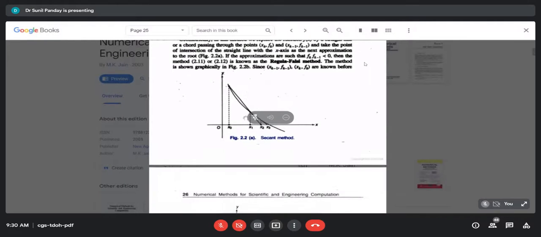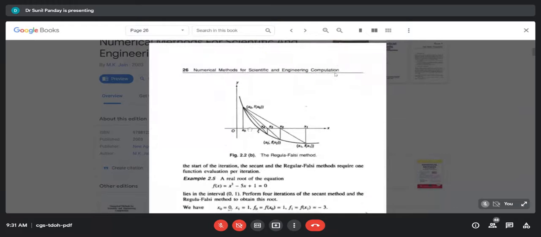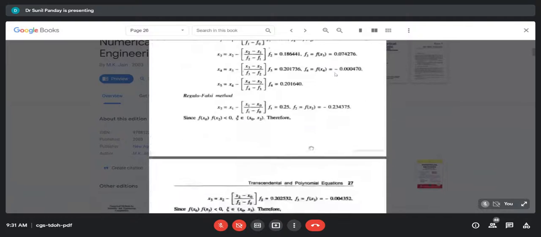So you can say this is the secant method, because we have taken x naught and x1, and you can see now the curve is lying above the x-axis. It means f of x naught and f of x1 is not less than 0, but we are using these two approximations to get x2. But in regula falsi, we have taken x naught and x1 such that the product of their f values is less than 0, that is f of x naught times f of x1 is less than 0.